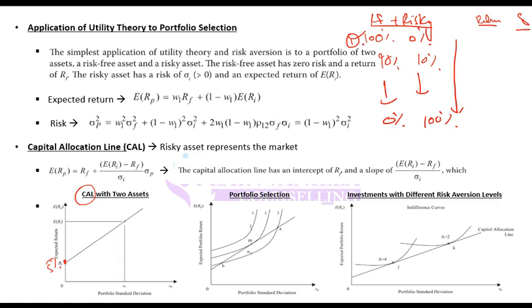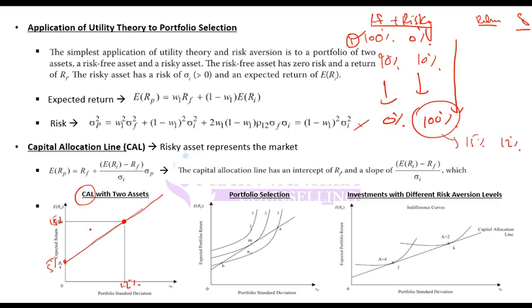Then I assume that I will make all the investment in risky asset. That is, 100% will be invested in risky asset. When I invest 100% in risky asset, I will get the return of risky asset with the standard deviation of risky asset. Let's say I tell you that return of risky asset is 15% and standard deviation is 12%. So you can plot another point, 15% and 12%, right? And then you can join these points and plot a straight line. This is known as capital allocation line.